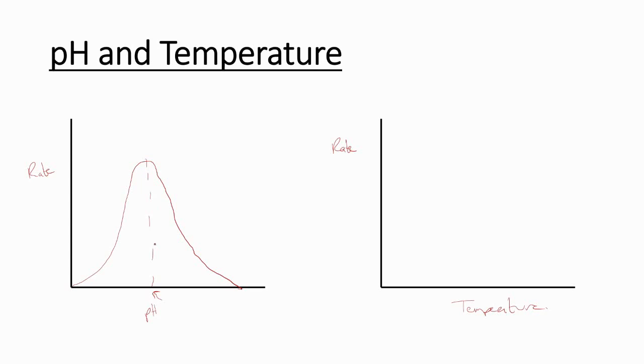Now what will happen is, as you come close to the optimum pH, more enzyme molecules will have an active site which is the correct shape. The other enzyme molecules will be unfolded, and we call this denatured. So at extreme pHs, most or all of the enzyme molecules will be denatured, meaning there's very low or no activity. With temperature, it starts off similarly, an exponential increase,